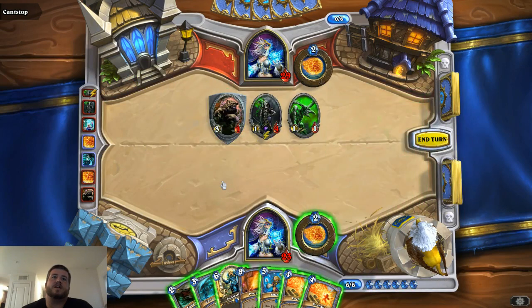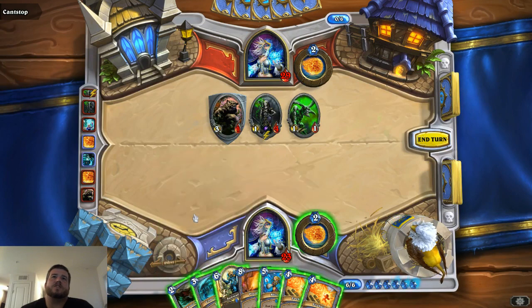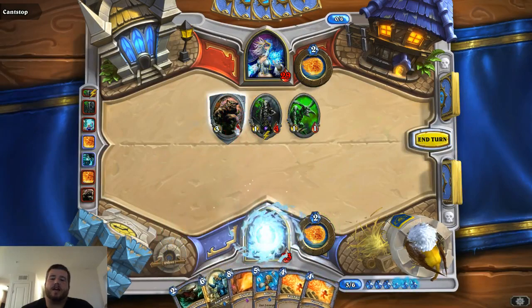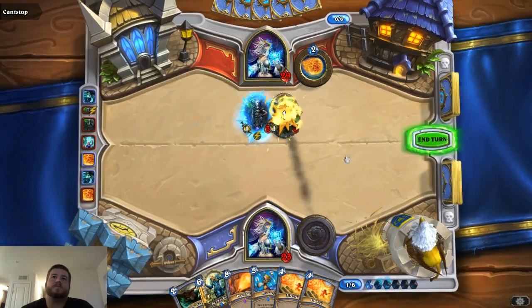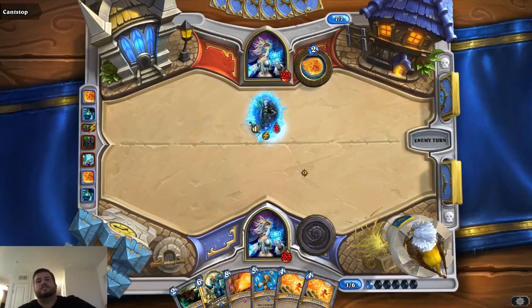Now what I really like to do is Cone of Cold and Sunwalker, but that's not going to work. So I think we could Frost Nova, we could Cone of Cold. What to do? So I think what I'm going to do here is Cone of Cold the bear, and then we're going to ping off the imp. Job's done. So basically we're just fighting for board control at this point. We really need to draw like